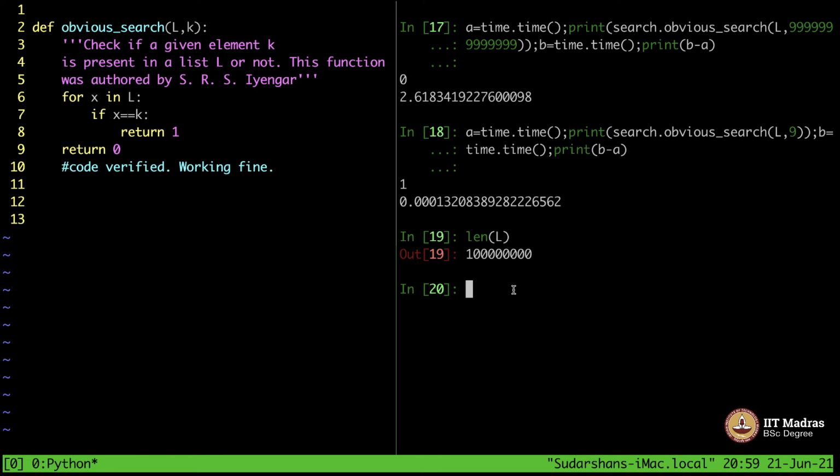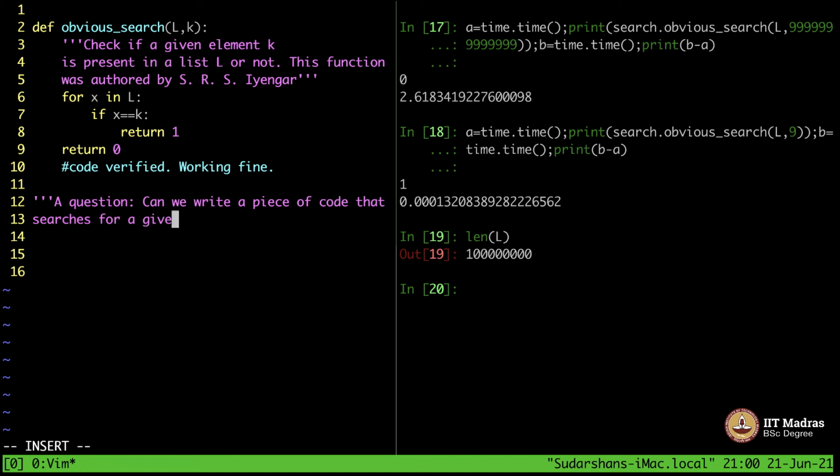Is there any way we can write a function? Now here's the question. A question: can we write a piece of code that searches for a given element in the list L faster than the obvious algorithm given above? Okay, it doesn't look like